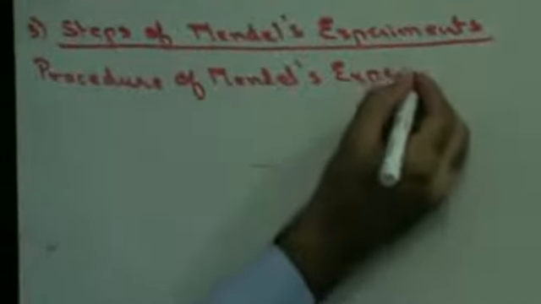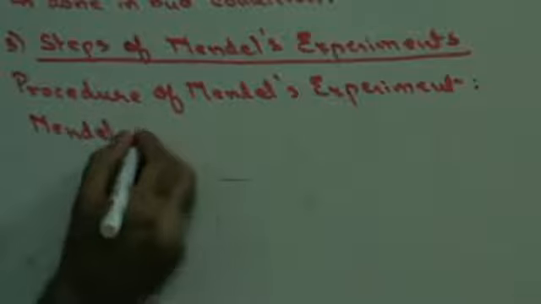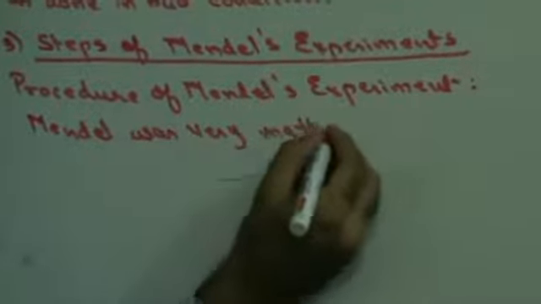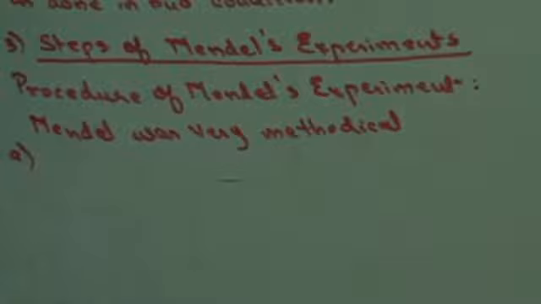Mendel was very methodical in his experiment. In order to make sure that there is no mistake in his experiment, he used